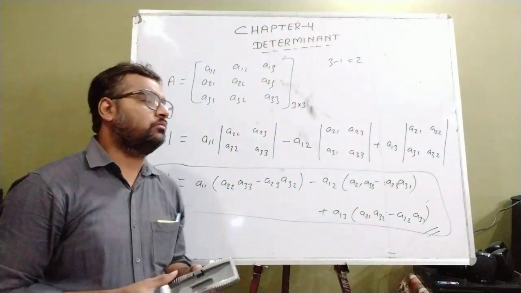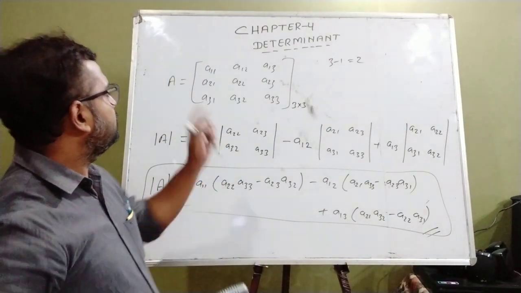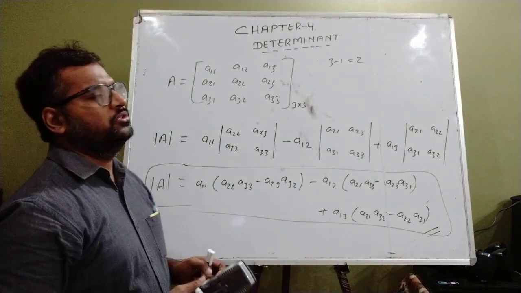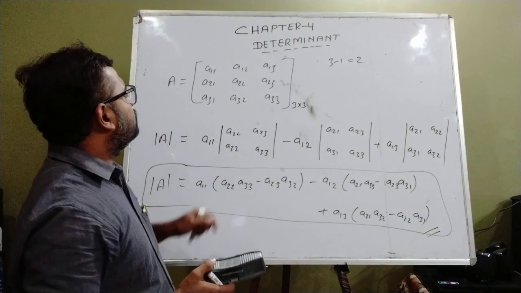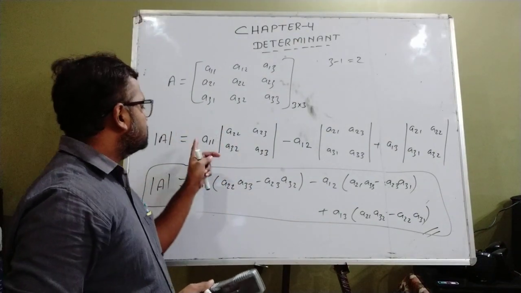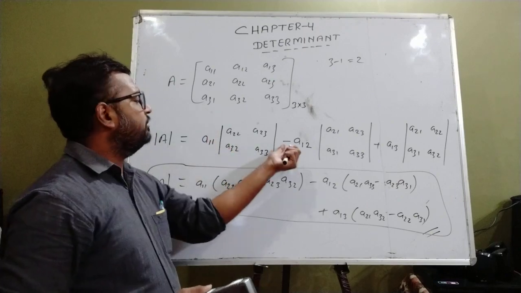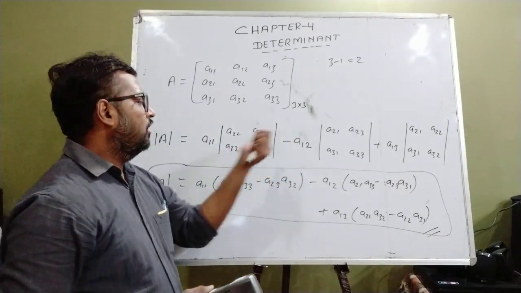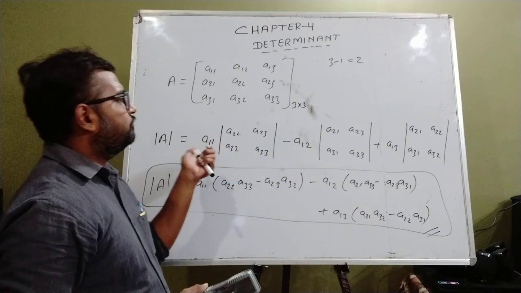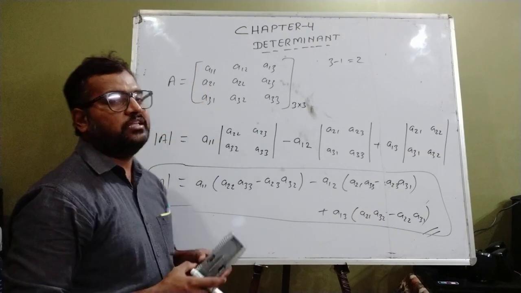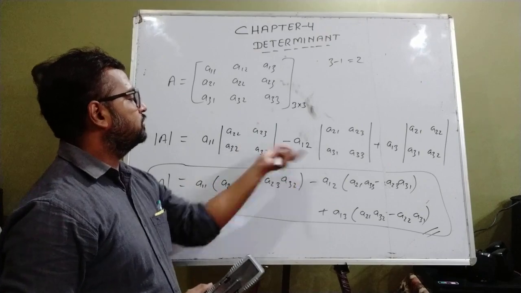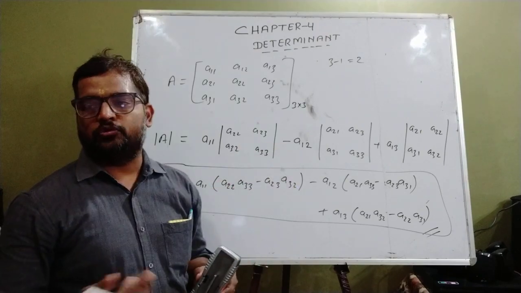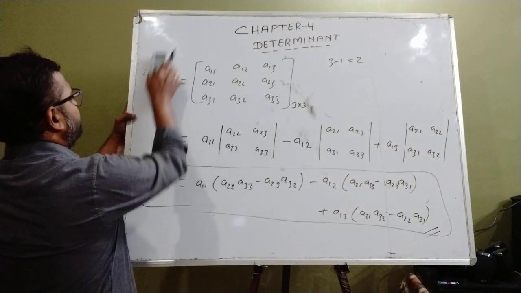This is how to solve a 3 by 3 order determinant of a square matrix. You can expand through any row or any column. While expanding through any row or any column, you need to write the elements according to their sign. For the element you are taking from any row or column, delete that row and that column, write whatever submatrix is formed and solve it. That will be the required value of the 3 by 3 determinant.